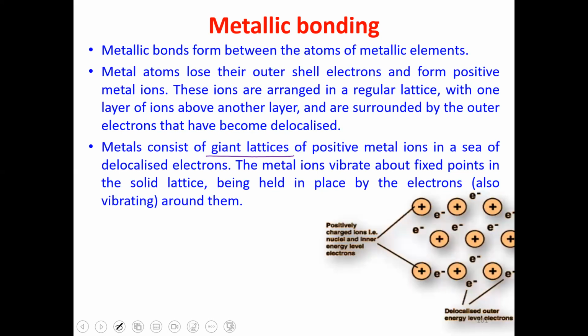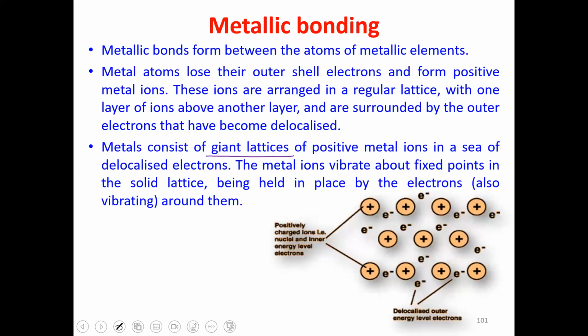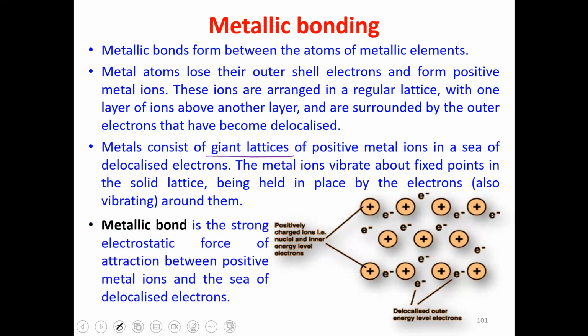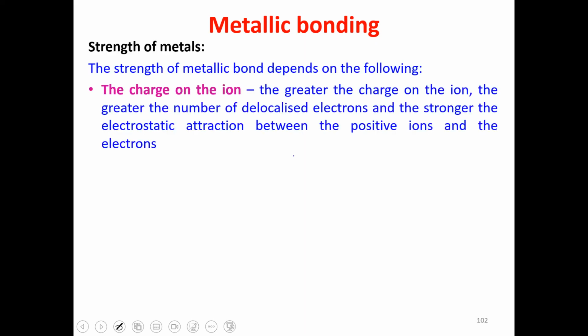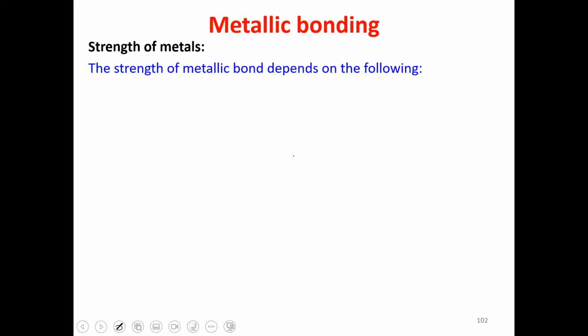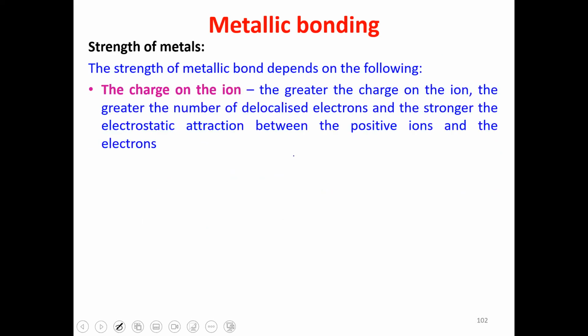Metal structures contain a giant lattice. Look at the electrons in between; these are positive ions surrounded by a sea of electrons. The strength of a metallic bond depends on the following. Charge on the ion. Now, this is again an area, Shahid, which many people do not work on strongly. They know metallic bonds have ions,